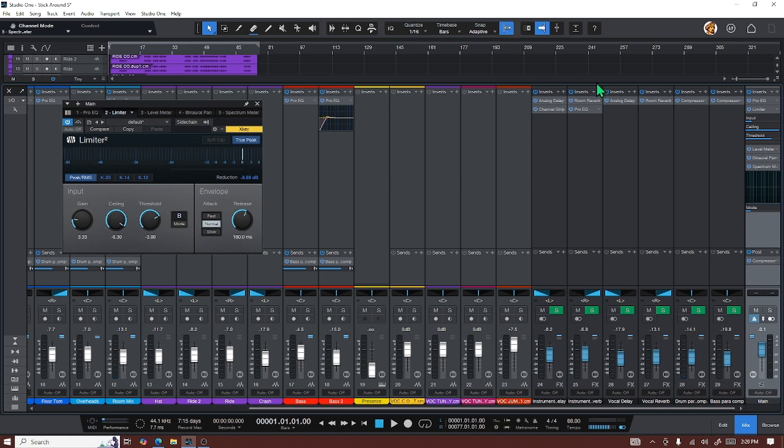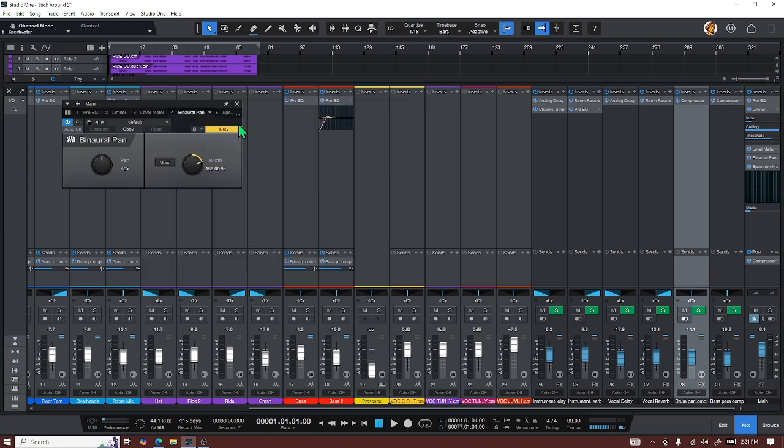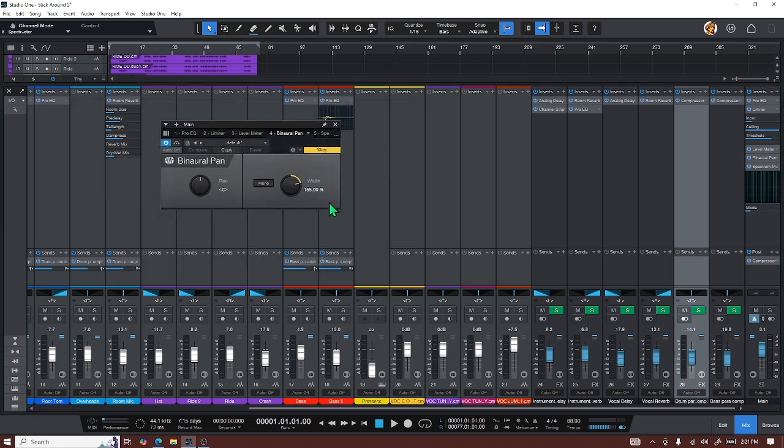You could sit and mix with the new stem package, but I'm out of steam. Can you create a mastering chain on your template? And if you want to have fun, you can throw this binaural pan on there. If you want super wide mixes, it's pretty fun. But do know that you might mess with the mono compatibility of your mix, meaning that it might sound weird on a Bluetooth speaker. All right, guys, thanks for listening to that, and